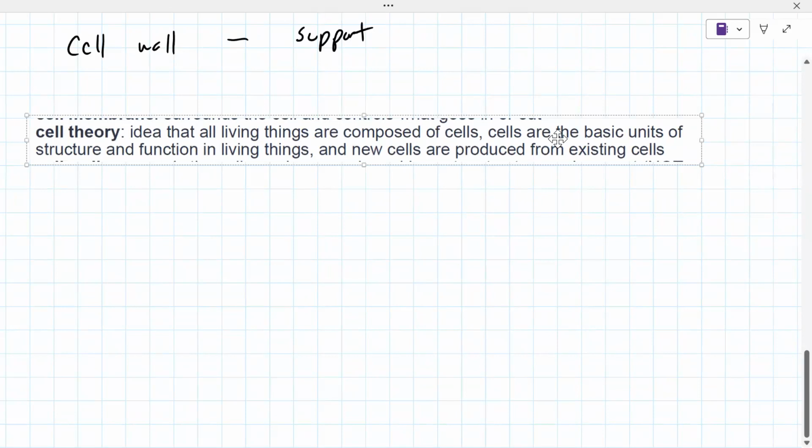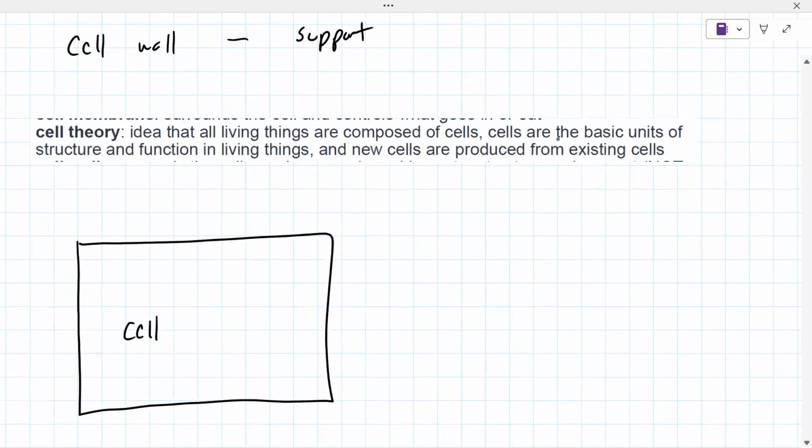Cell theory: the idea that all living things are composed of cells. Cells are the basic units of structure and function in living things, and new cells are produced from existing cells. So on one side, again, on the front, it might be cell theory,